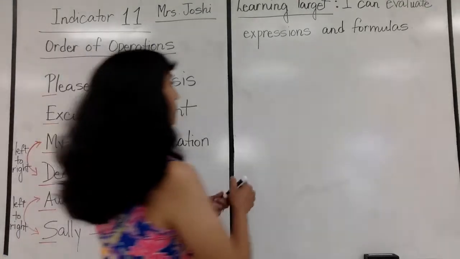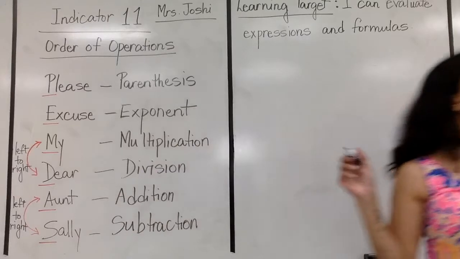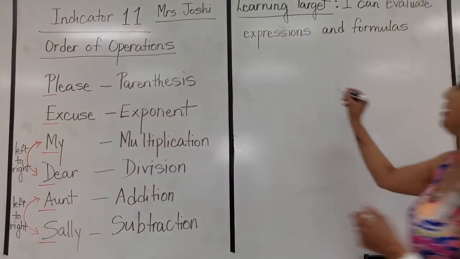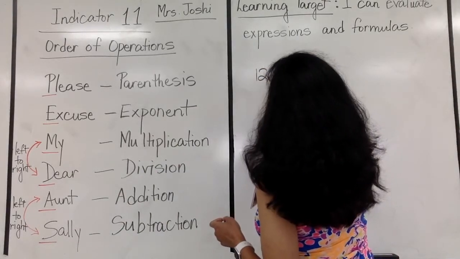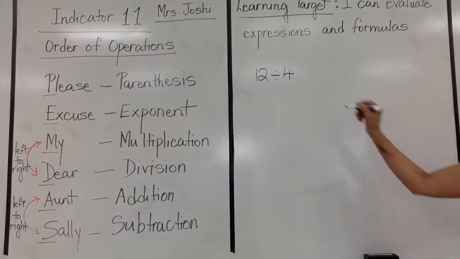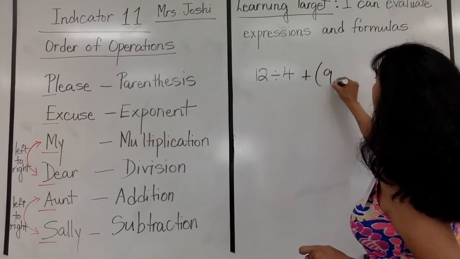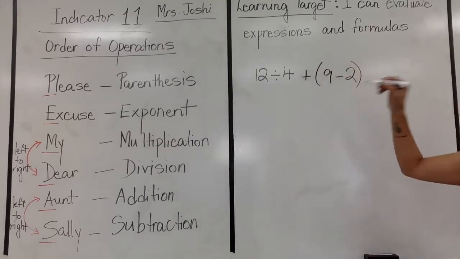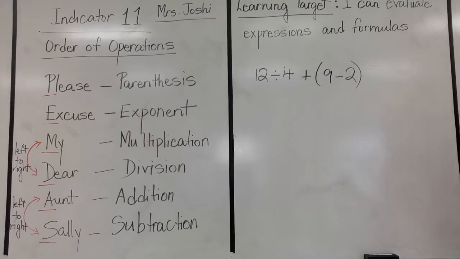Okay, so if I give you 12 divided by 4 plus (9 minus 2) times (3 plus 5). Okay, so here is your problem, and now first thing we are going to look at the order of operations,